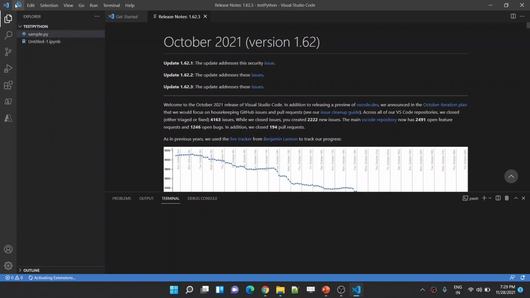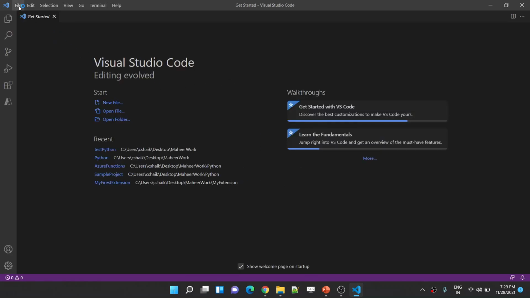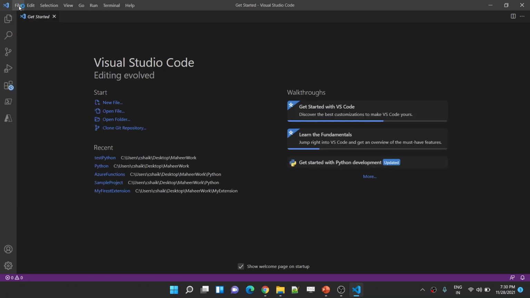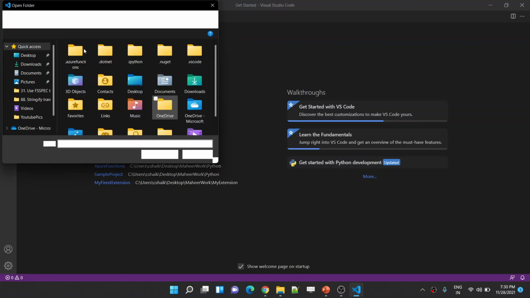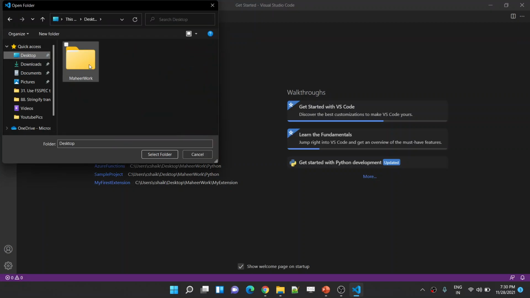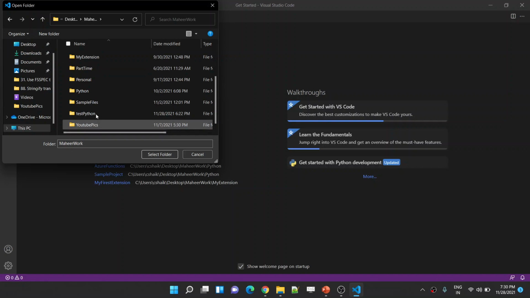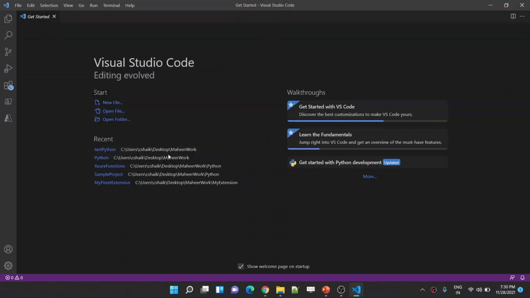Let me hit the File menu, close all the folders, and freshly connect to one folder. Let's say open folder, and on my desktop under Mahir work there is a folder called test python. Let me select this folder, and inside it there are two files.